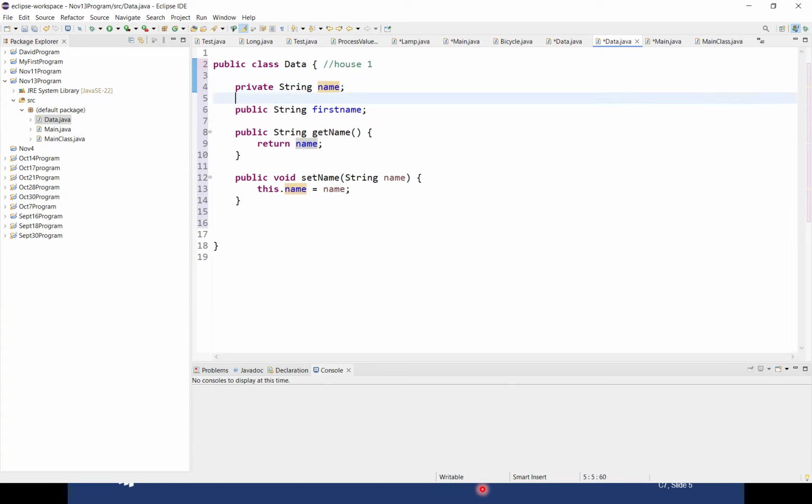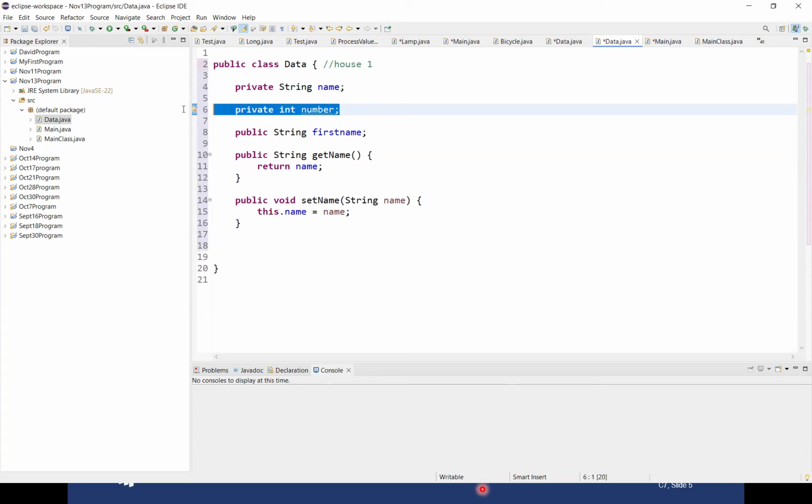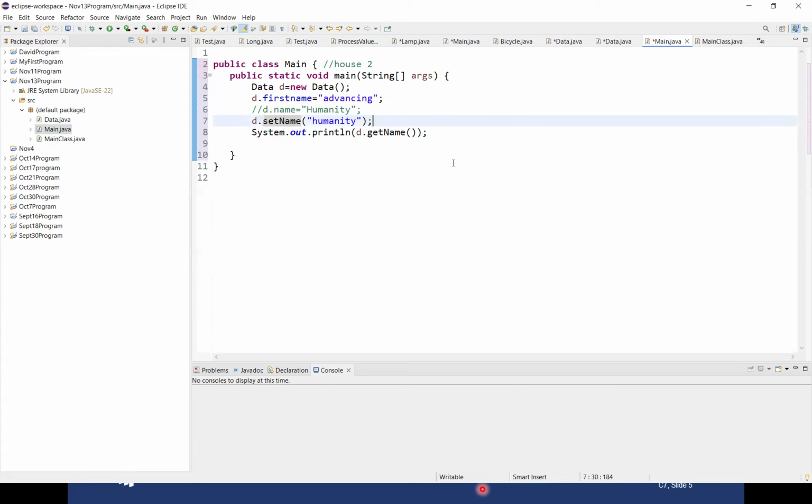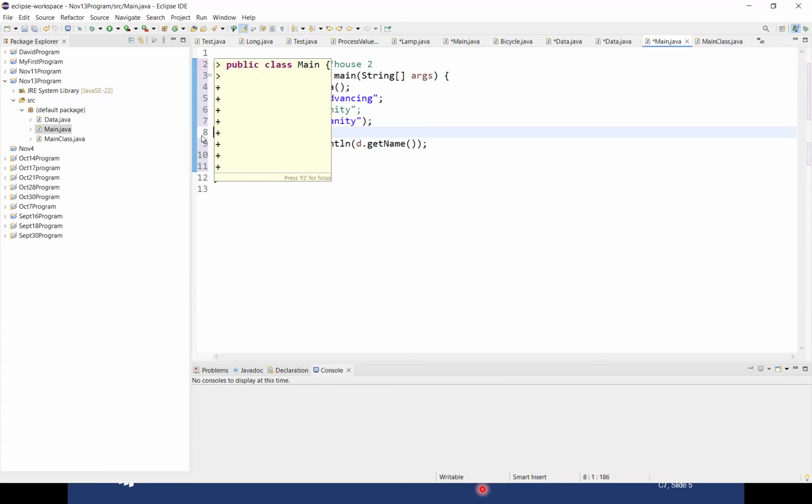So let me give you another example. Private, maybe int, and this is number. And I want to access this specific value. So the way I can do it is in my main class, I can just say d dot number equals 10. But it is still giving me an error because it's a private variable. So if I want to access that, what I can do is